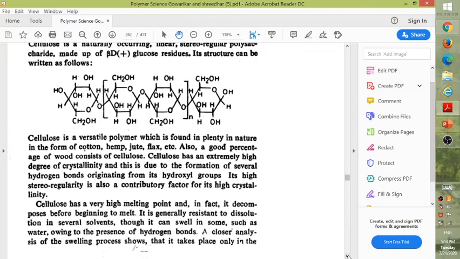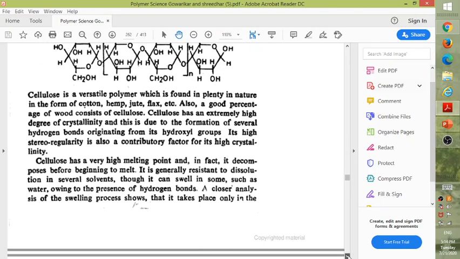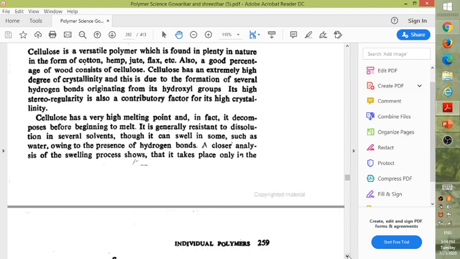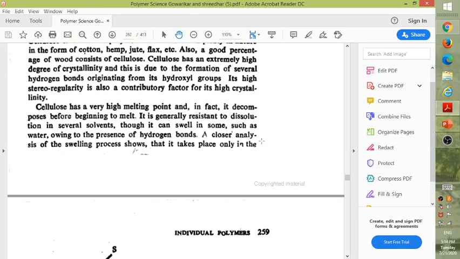Cellulose has a very high melting point, and in fact it decomposes before beginning to melt. Wow, this is an interesting thing. So this is something which does not melt, it simply decomposes. It is generally resistant to dissolution in several solvents. It is hardly soluble in many solvents, though it can swell in some, such as water, owing to the presence of hydrogen bonds. A closer analysis of the swelling process shows that it takes place only in the